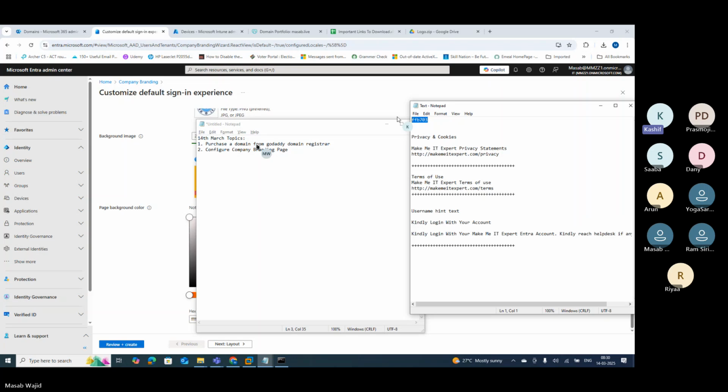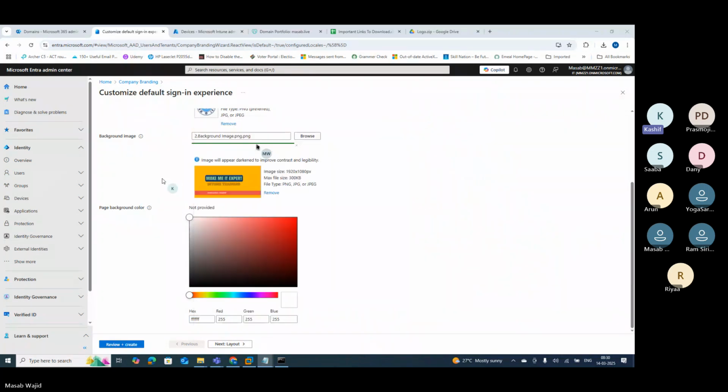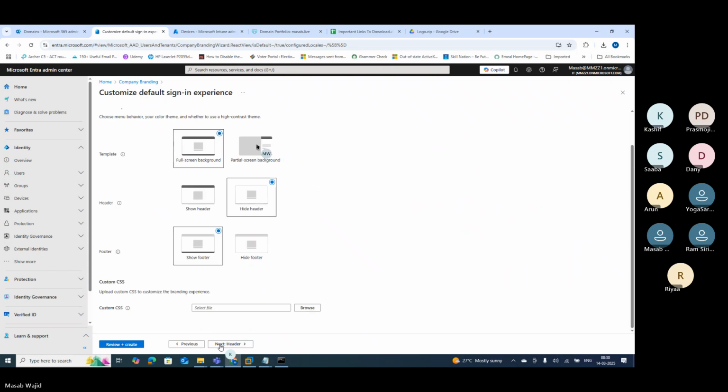This one. So copy. That's the color code and paste it here. So that is going to be the page color. But you can choose any color of your choice. Next. Now